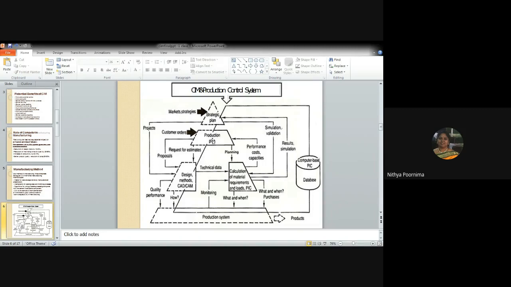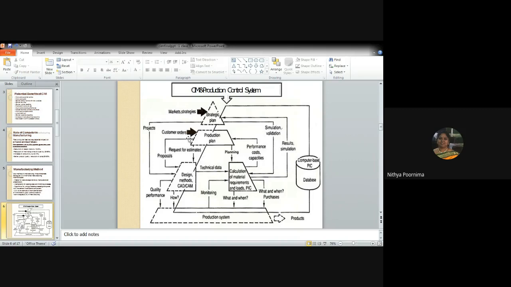Then you have the production plan. Depending upon the customer orders, the production plan will be made. Why we have to have a production plan is because they don't want to manufacture anything in excess and store it in a warehouse, because at some point we realized that putting it in a warehouse definitely had a maintenance cost, an inventory cost, a security cost, and sometimes over a period the material used to deteriorate, which was definitely a huge loss for the organization. So they didn't want to waste any raw material here.